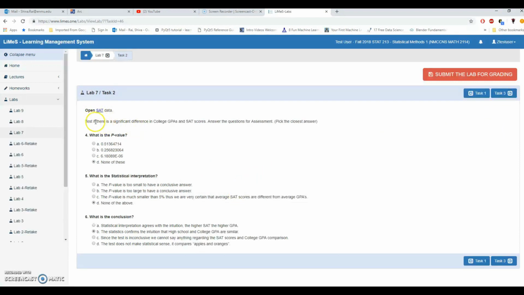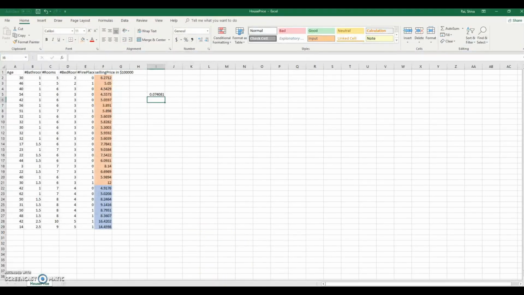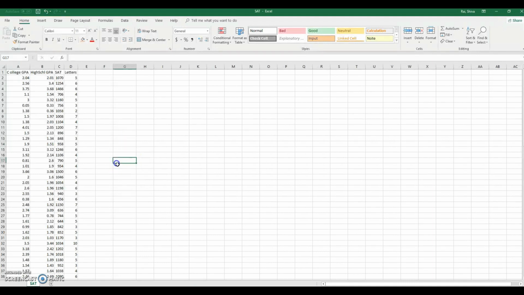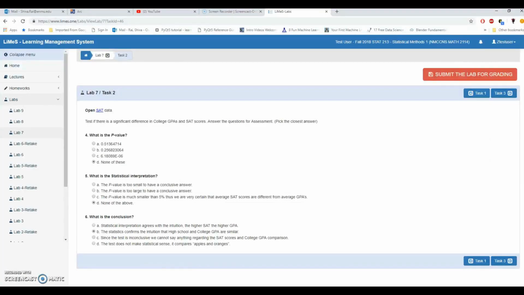Open SAT data. Test if there is a significant difference in college GPA and SAT scores. Answer the question for assessment. So let's open SAT data. House price. Okay, SAT data. I have already opened SAT data, and we want to test if there is a significant difference in college GPA